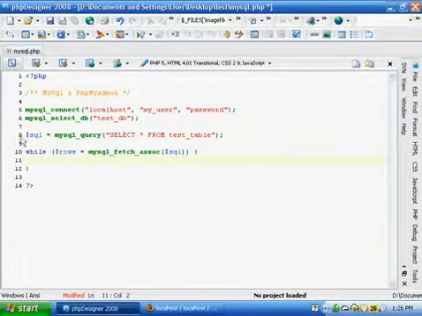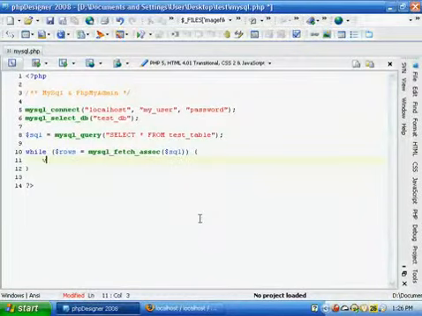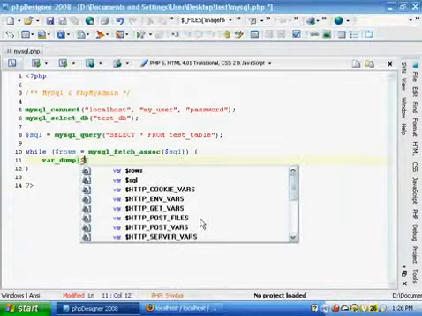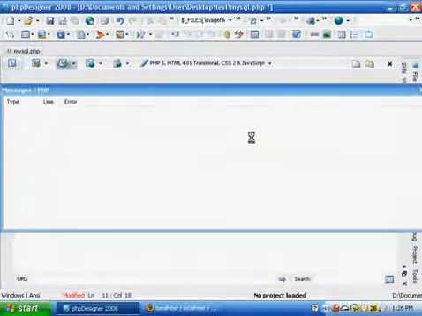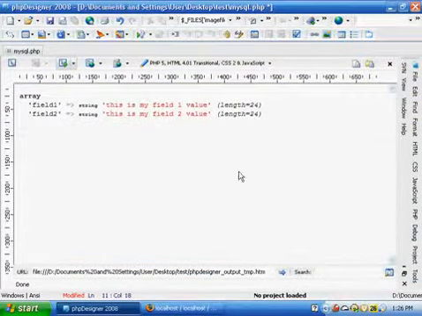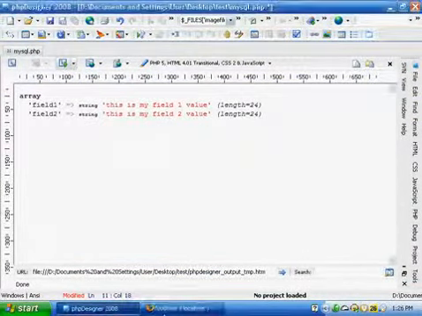And it's just going to keep getting all of the entries, putting them into an array, putting it into $rows, and now $rows has the value of every single entry. So we can do a var_dump on $rows. Right now if I run it, it's only going to show this one entry, because